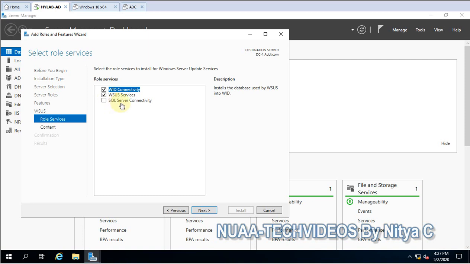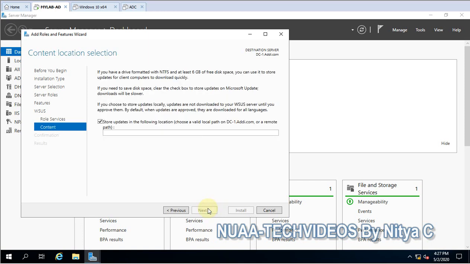So you have to have the SQL Server connectivity or the SQL Server installation on this, so that it can manage the large database. But in my case, I am going with only these two, and the WID Connectivity will be the local database.